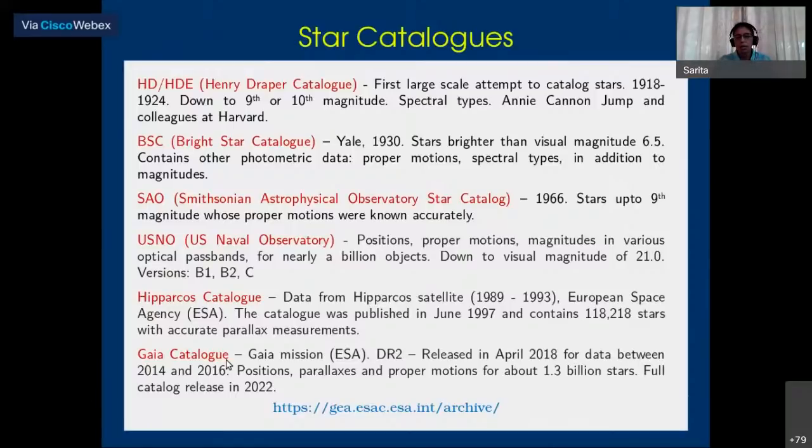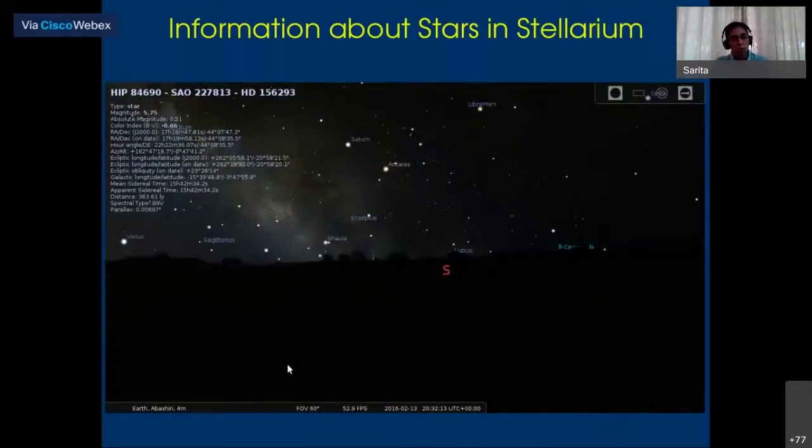For example, the Gaia catalog just does photometric measurements. They don't take the spectra of stars. They don't disperse the light and take the spectra of many stars, but for some of them they have taken those, not all. Now, we have also seen Stellarium earlier, this software, and we know that this software is very